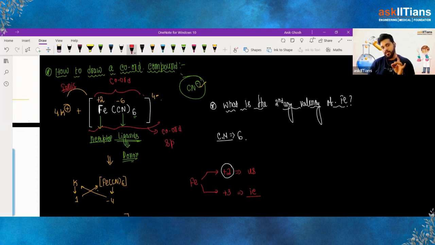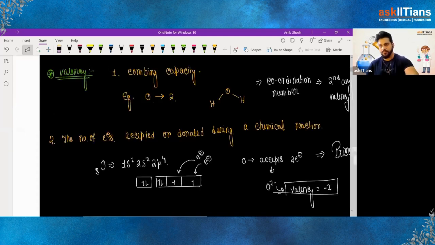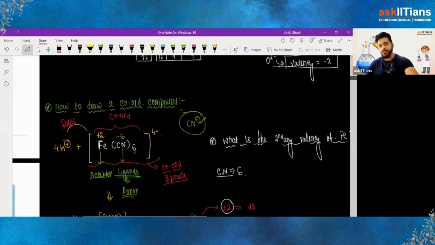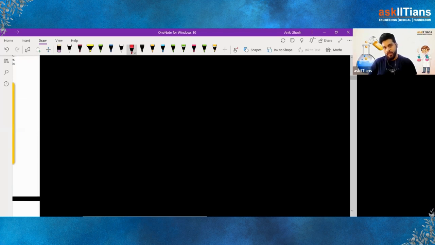Coordination sphere. So this is the main thing. Now guys, coming back to the point. So this is how you get the total compound. Now I'm going to give you a question. You try to solve this. If iron was plus 3,